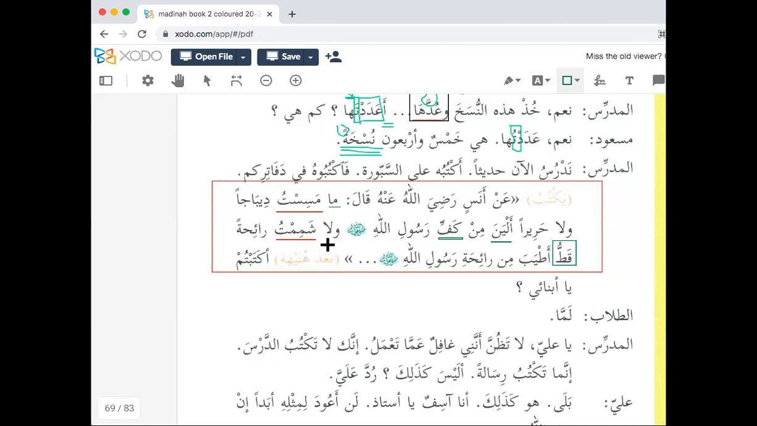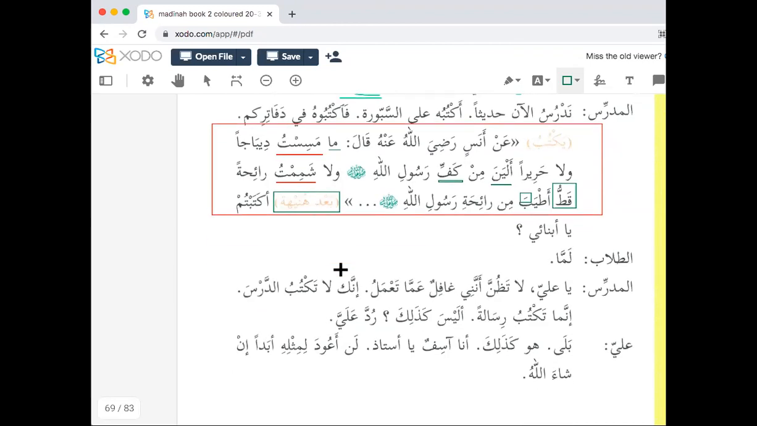Wala shamimtu raihatan, and I never smelt. This is from shamma, yashimmu, from smelling. Raihatan, a smell. Qattu, ever. Atyaba, again mansoob, Allahu alam, it is na'at of raihatan. Atyaba min raihati Rasulillahi sallallahu alayhi wasallam, sweeter than or better than the smell of the Messenger of Allah sallallahu alayhi wasallam. And then after a short while, ba'da hunayhatin, the teacher said,